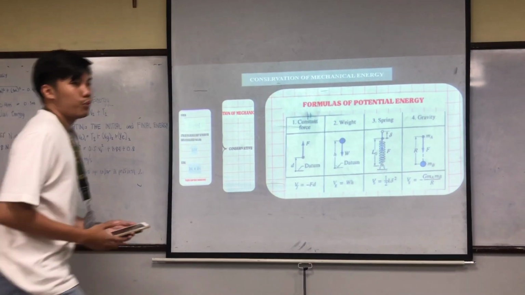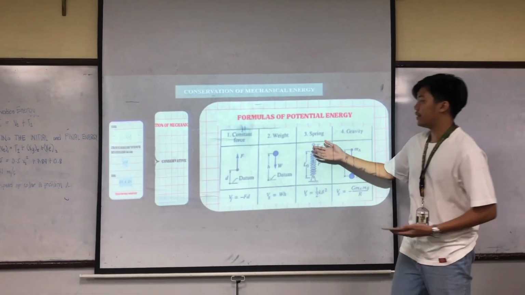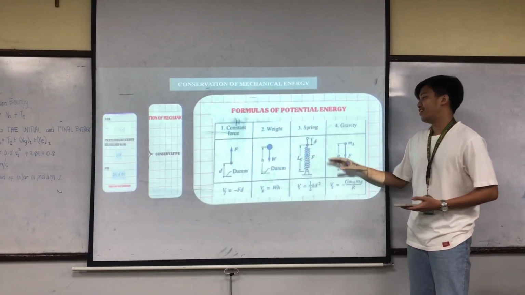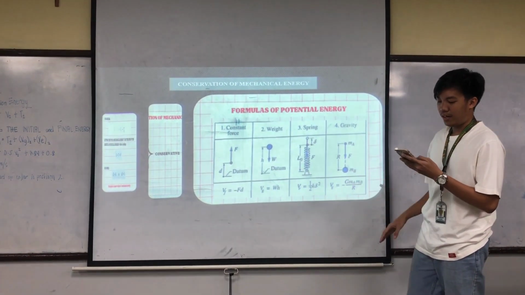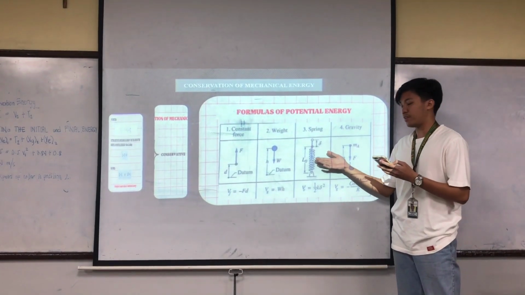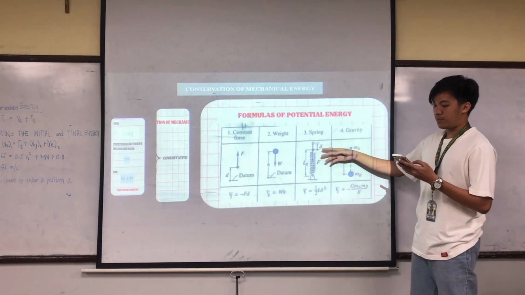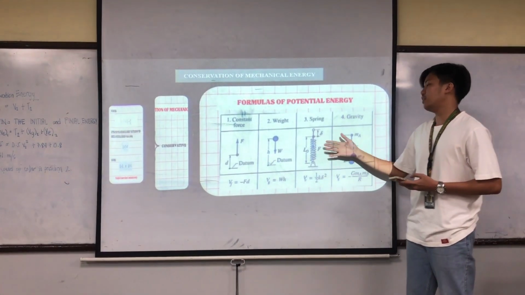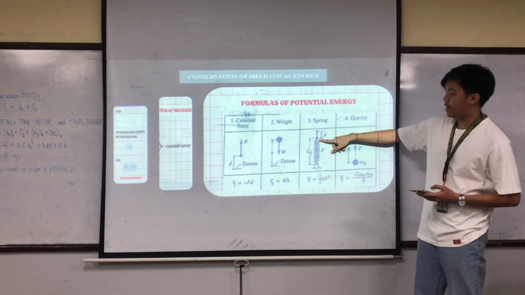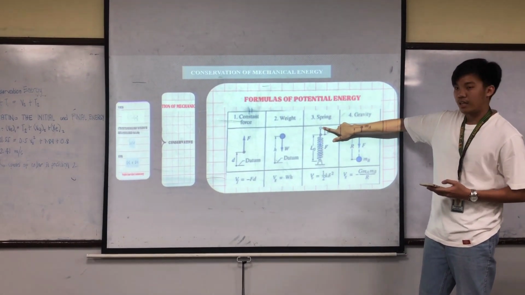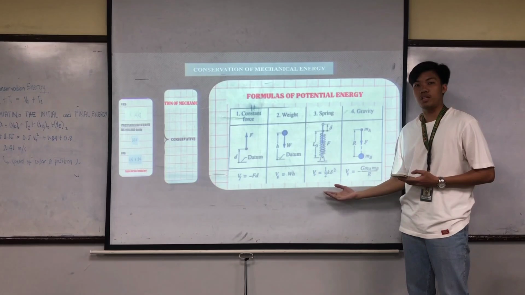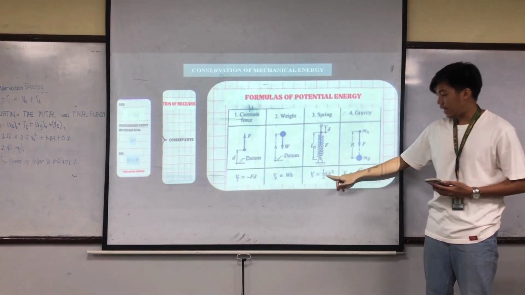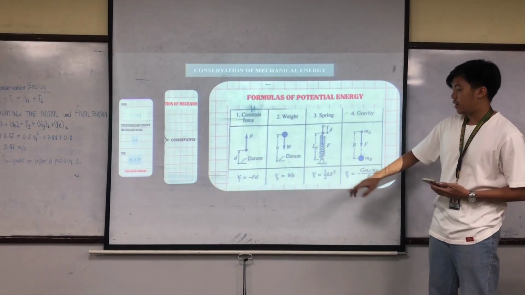Okay, so we have here the third formula of potential energy, the spring. As what we can see here in the image, we have here a deformed length of the spring where elongation is measured from its free length. So, ano yung elongation niya. So, to calculate the elongation or range from the free length to here, okay, we are going to use the elastic potential formula, or the V of E is equal to 1/2 k, or stiffness of the spring, times